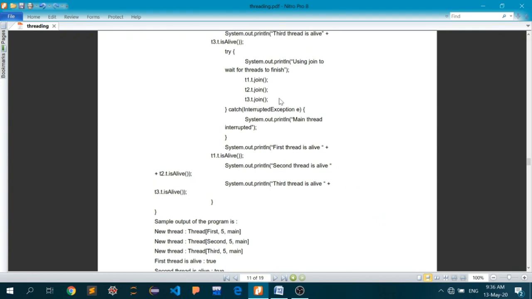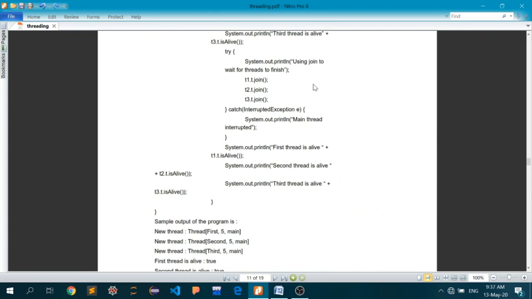So the join method actually makes the runtime environment wait until the thread on which it has been called terminates completely. The application programmer doesn't have to calculate the sleep time itself. The runtime environment will wait until the stipulated time of the running thread has completely run